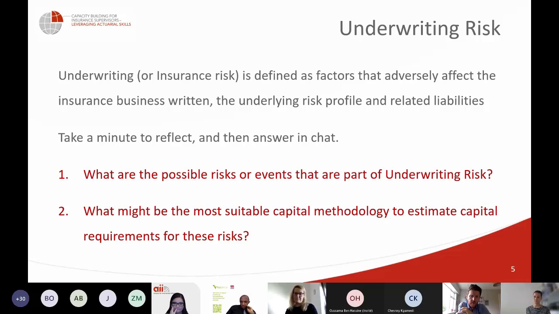So ways around that are when you book the reserves in your balance sheet, you could put maybe a margin on that. But capital is more whether you have sufficient funds to cover significant adverse movement, which is different to having a margin in your balance sheet. And pricing is a really challenging one. Pricing is a really good one